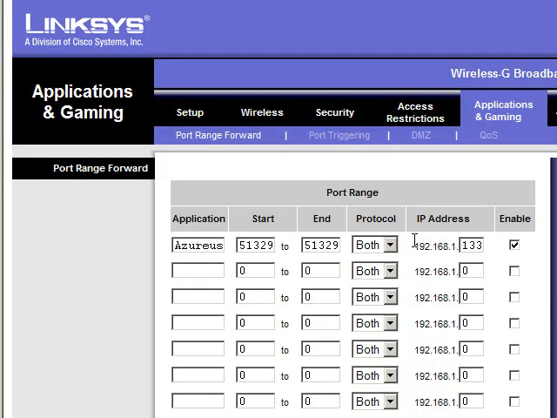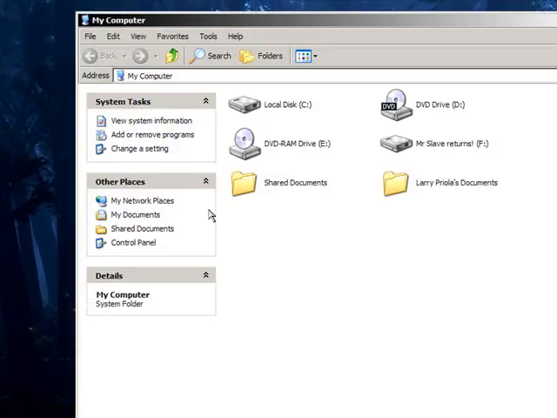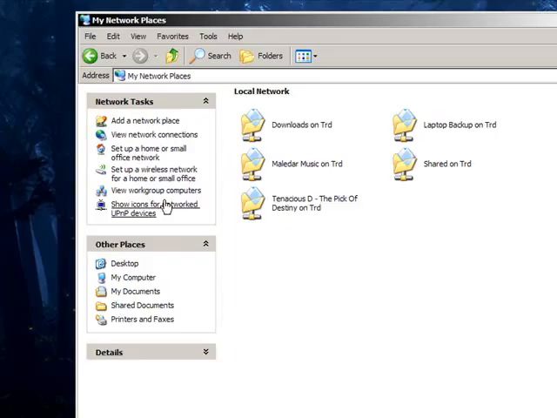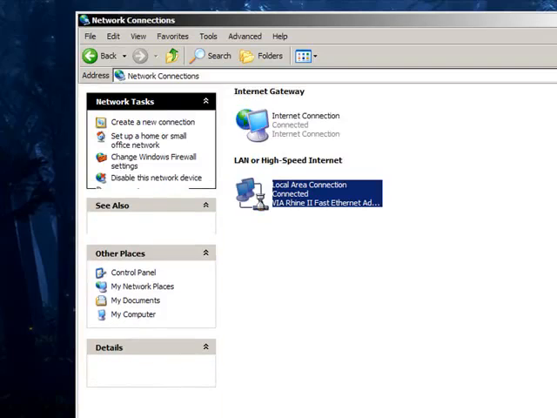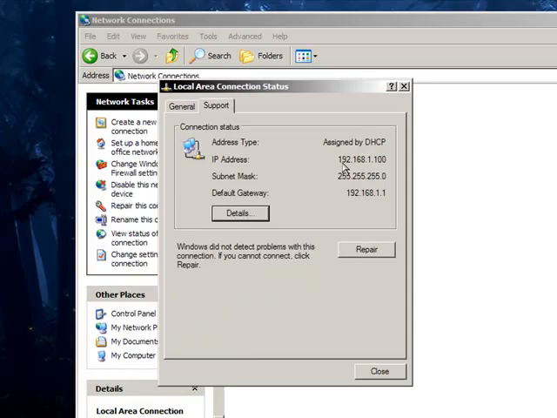So continue. Now the next thing you need to do is, how are you going to make that your IP address? How are you going to be 192.168.1.133? Right now I've got an automatically assigned IP address. So what I'm going to do is go to my network places, go to my machine, and I'm looking at my local area connection. Ooh, wow, it's been on for a long time. Now my current IP address is